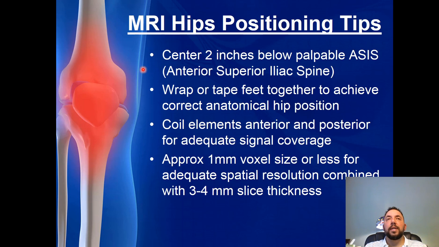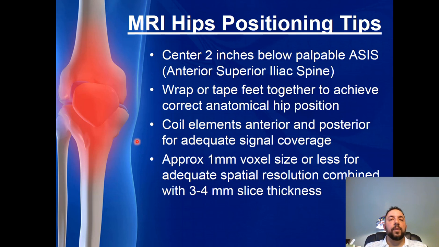and every single patient's hip will be positioned to the center of your coil. You'll have perfect signal. We do have to wrap or tape the feet together to achieve correct anatomical hip position. Patients that have tremendous back pain and they come in for hips, put a tiny pillow underneath the knees. It'll just take enough pain off the nerves that they can endure your 25-30 minute hip MRI, which is normally